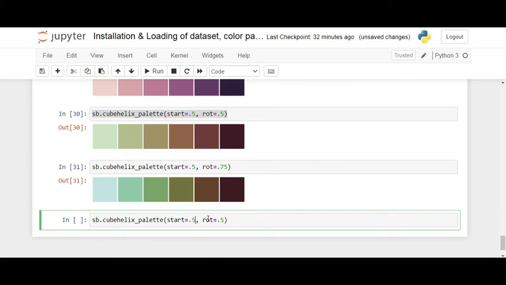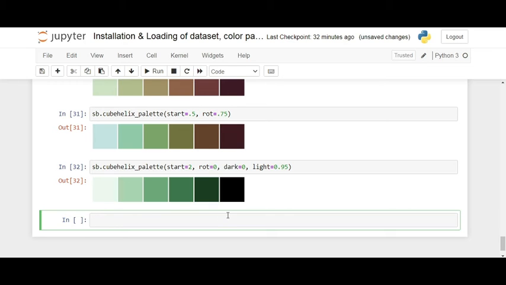I will start with 2, where the value is from 0 to 3 for the start, and the number of rotations should be -1 to 1. So I will use 0 rotations. I will use additional parameters: dark equal to 0, light equal to 0.95, and run this one. So see what is going to happen.